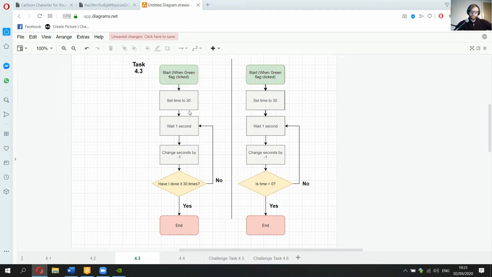So this one on the left, it starts, we set the time to 30, so we're going to have a variable. So hopefully you're all aware what our variable is by now, which we'll set to 30. So that's going to be our number of seconds. We're going to wait 1 second, and then change the seconds by -1. So we're counting down then instead of counting up. Now this one is just repeating that 30 times. So that'll work. You could put a repeat block, put a 30 in it, and do those 2 things 30